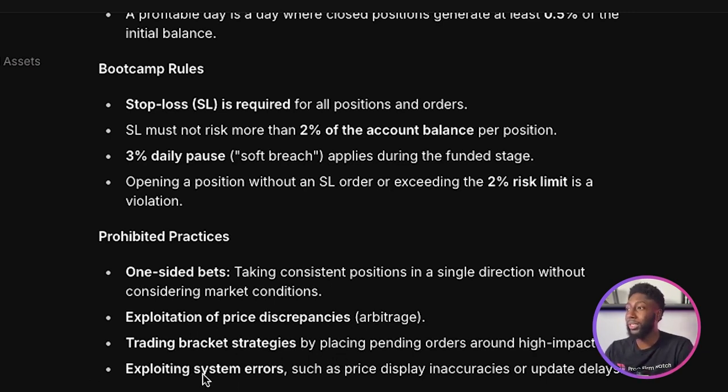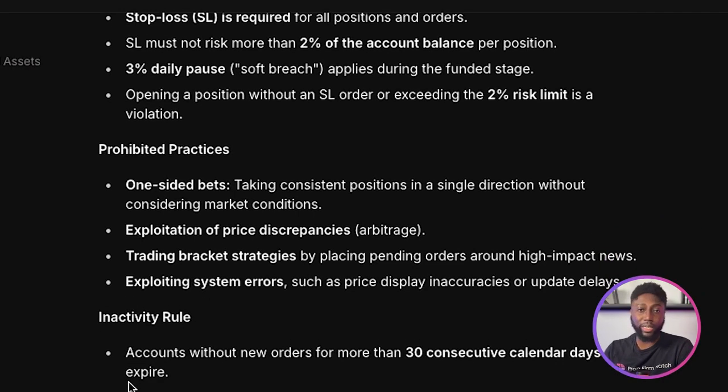inaccuracies or update delays. And then finally, they have the rules for inactivity, which a lot of prop firms have, if not all, and that is accounts without new orders for more than 30 consecutive calendar days will expire. Okay, so a lot of these rules, a lot of other prop firms have, and with the 5ers, it's kind of no exception. Again, something you should go over to familiarize yourself so you can know what you can and